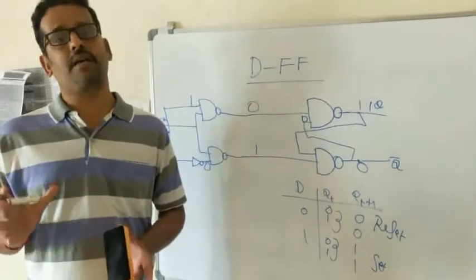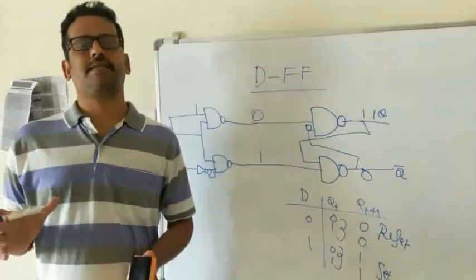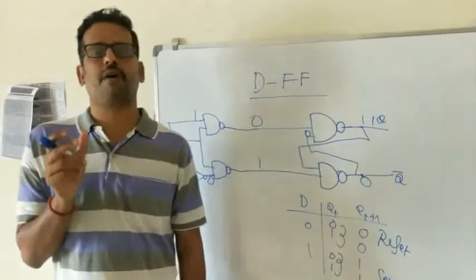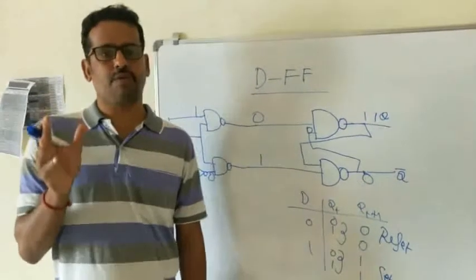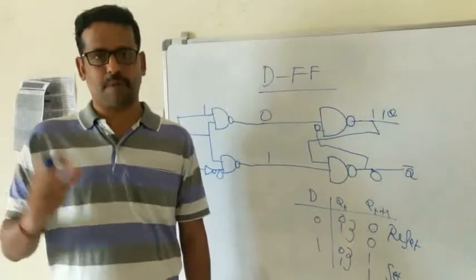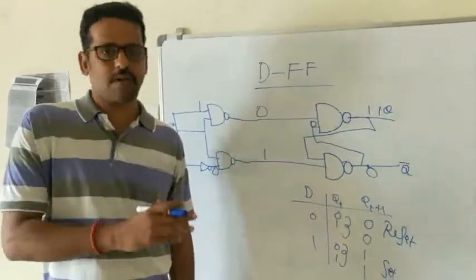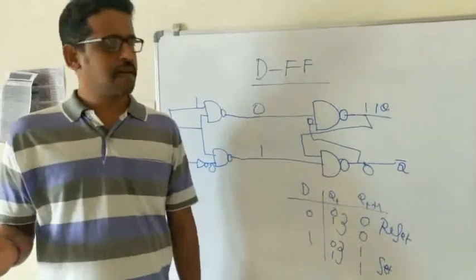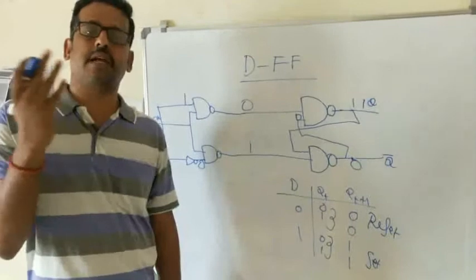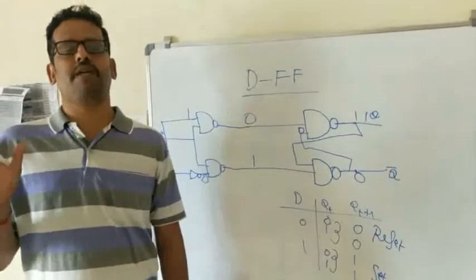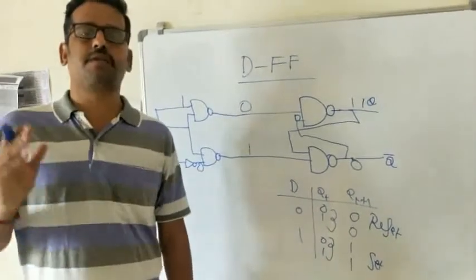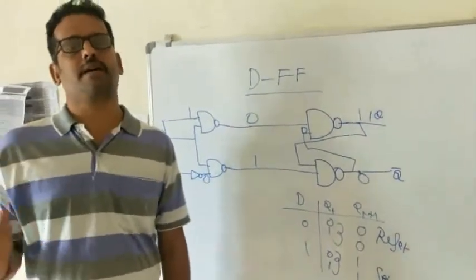So the D input is most commonly used for designing registers, and the JK flip-flop is commonly used for designing counters. It is not necessary that only D flip-flop or JK flip-flop has an exclusive use. You can use them for other purposes also. For example, JK flip-flop can also be used for designing registers. In other words, D flip-flop can also be used for designing counters, but JK flip-flop is exclusively useful for counters and D flip-flop for registers.